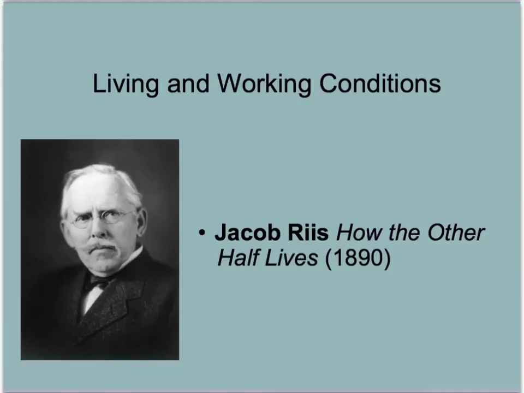In our previous episode, we took a look at the reasons immigrants were coming to the United States and where they were moving. And what we saw was this increase in urbanization as more and more people were moving to the cities in search of a job in these industrial centers. And as more people flocked to the cities, conditions deteriorated. And this came to light when Jacob Riis published his book, How the Other Half Lives, in 1890.